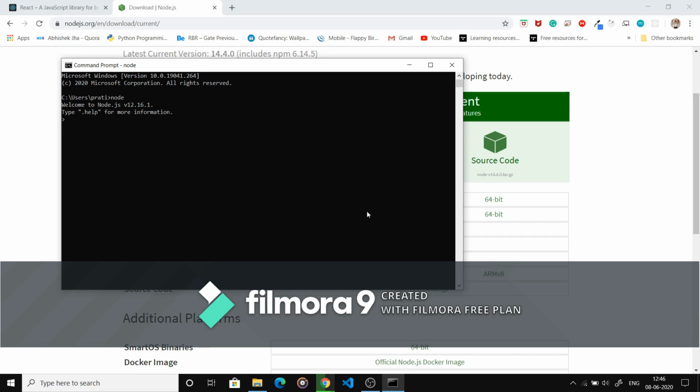To check, type console.log and hello world. Hello world is written, which means Node is completely installed on my system.